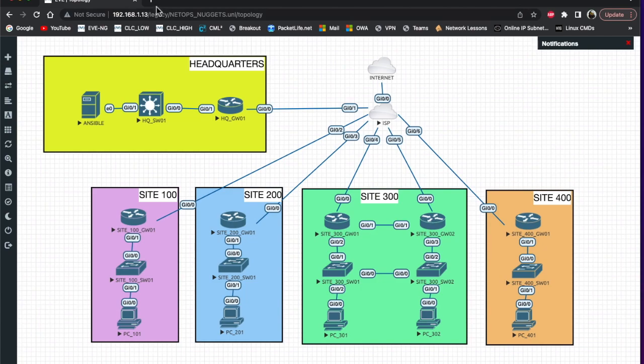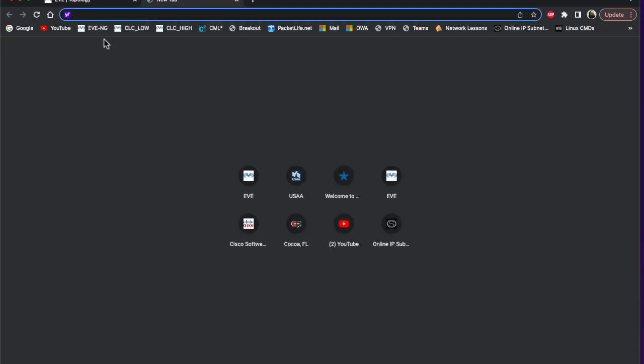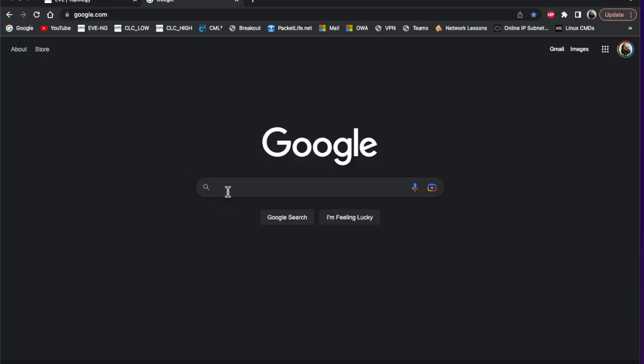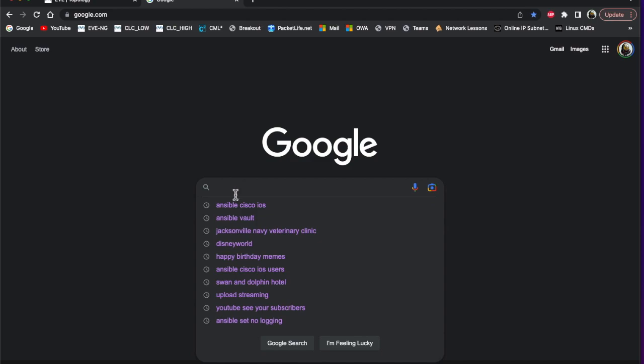get into it. So this is our topology again. Right now we've used Site 400 as a test and have deployed it to these two devices here, VTY ACL, and set that ACL on the VTY lines. For information on our device, if you